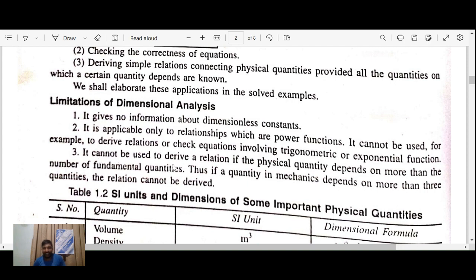Third one, it cannot be used to derive the relation if the physical quantity depends on more than the number of fundamental quantities. That's a quantity in mechanics depends on